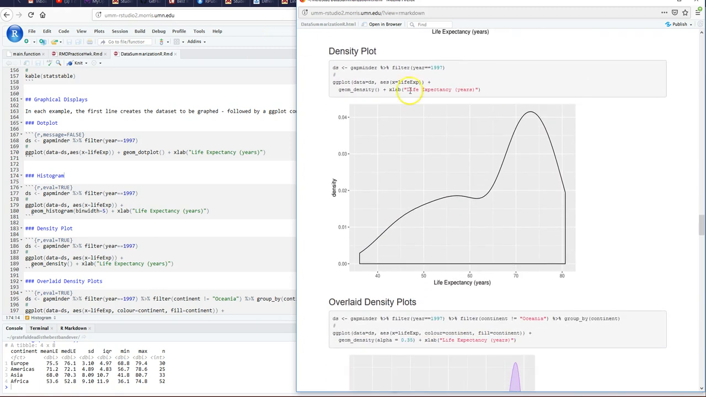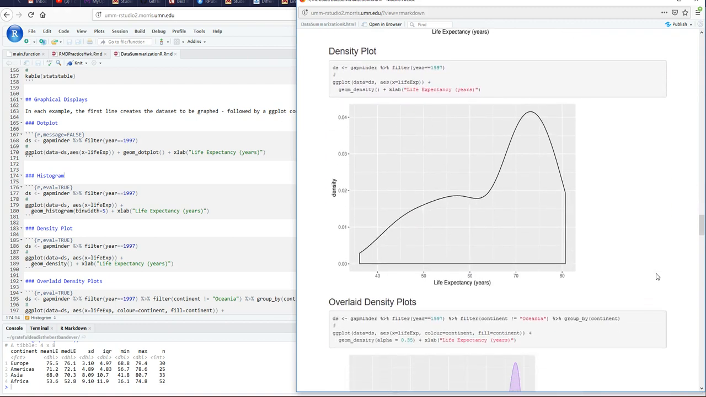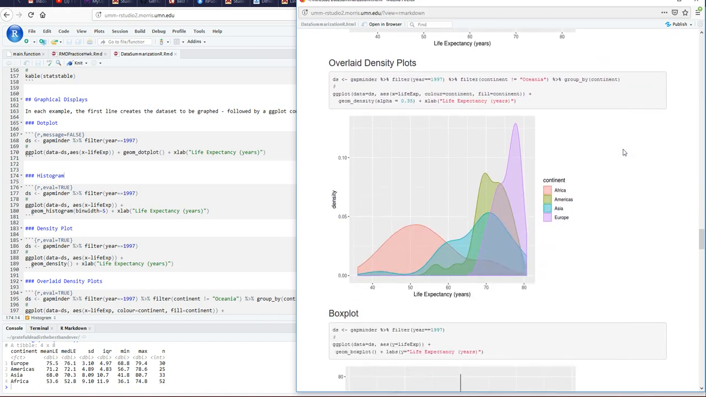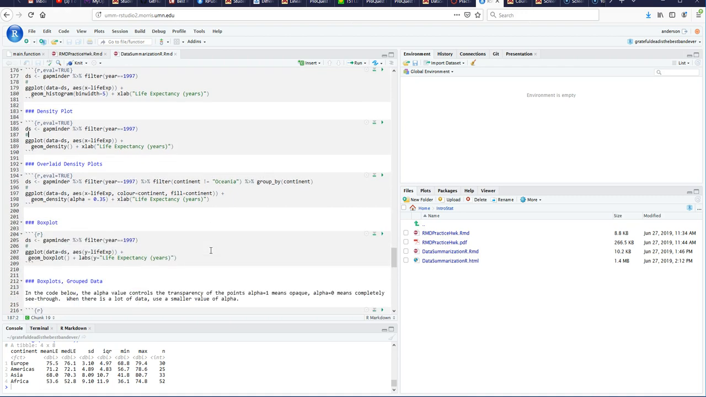I'm not going to go over the density plot. It's sort of a summarization of a smoothed histogram. You can take a look at how that gets made. It's with the geom density. When you have groupings and you want to simultaneously have sort of histogram looking things, you can overlay them with overlaid density plots. And I've given you an example how to do that here in line